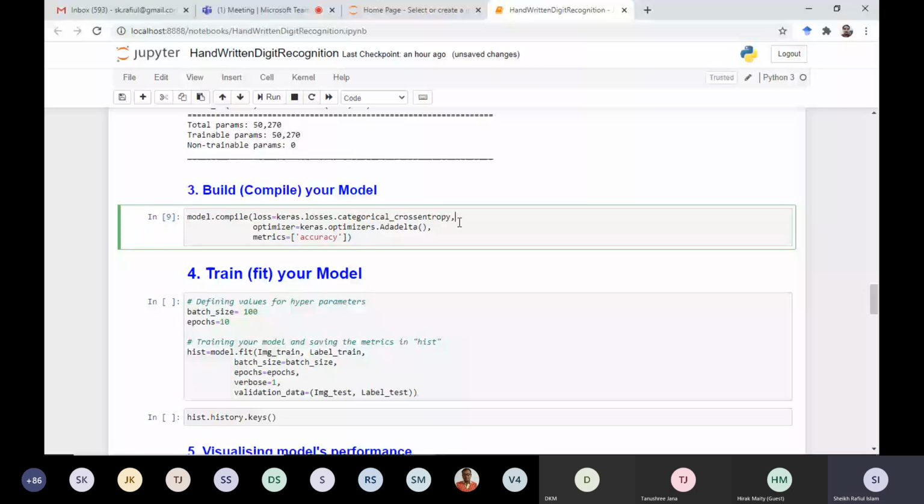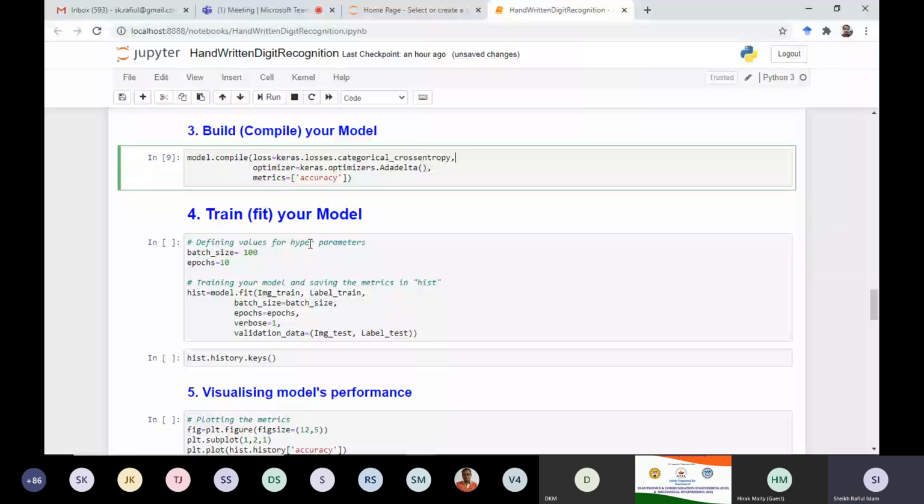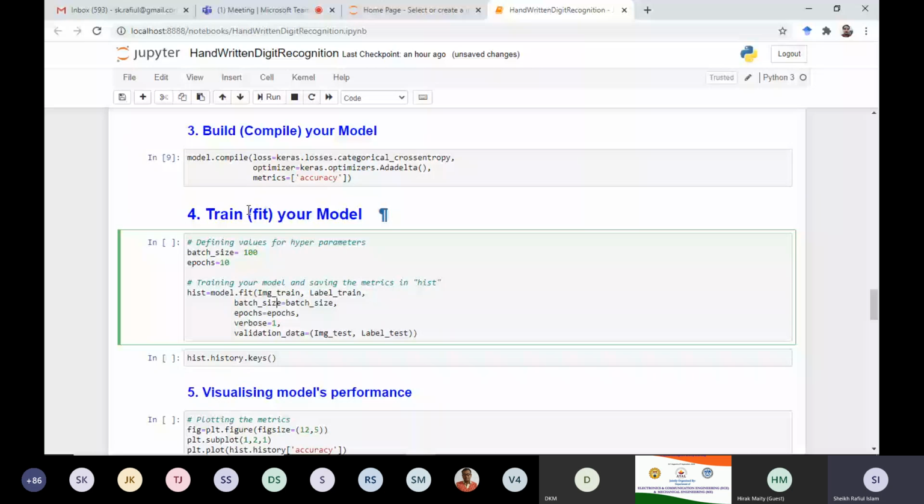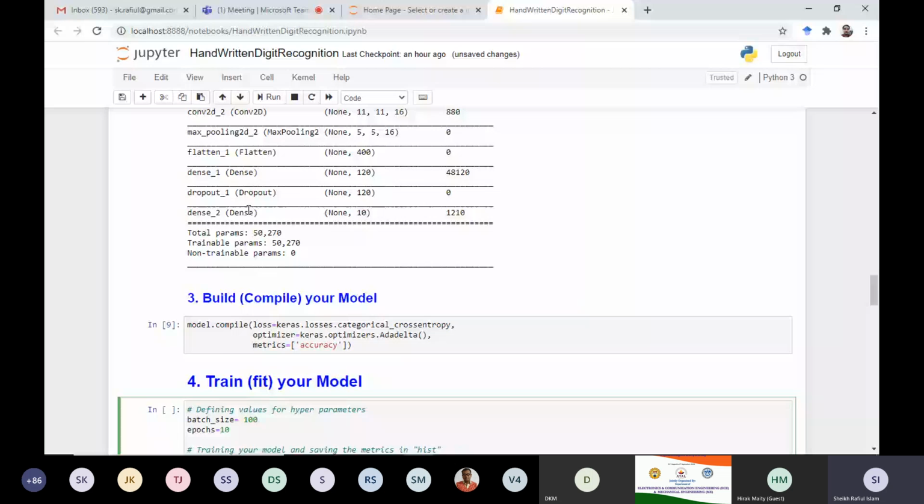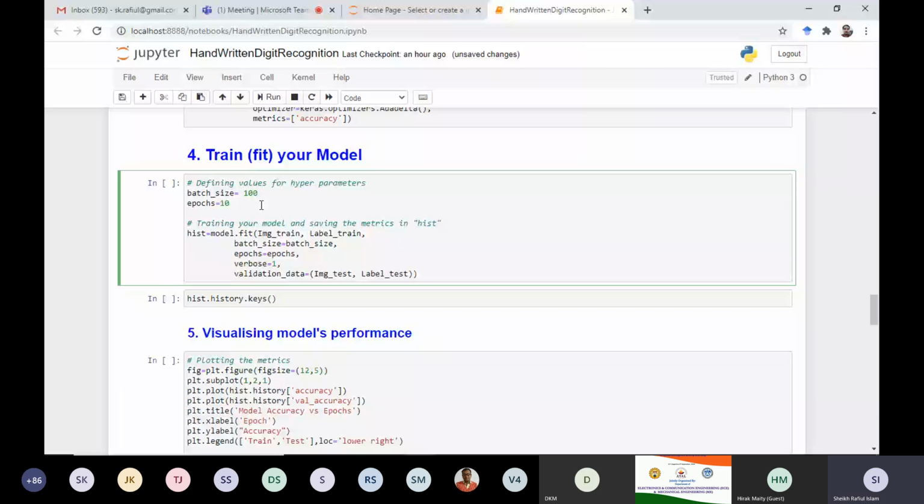So again, there is no error. Now our model is defined, our model is compiled. Now it's time to train our model using the data. See, there is batch size. As there are 60,000 images in the training folder, you can use batch size 1, you can use 10, 20, 30, it does not matter.